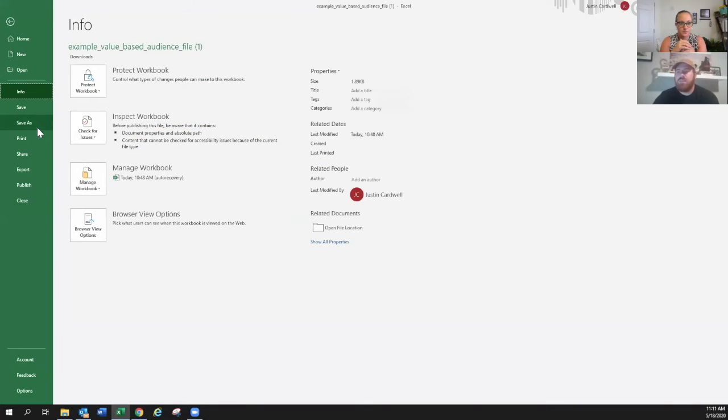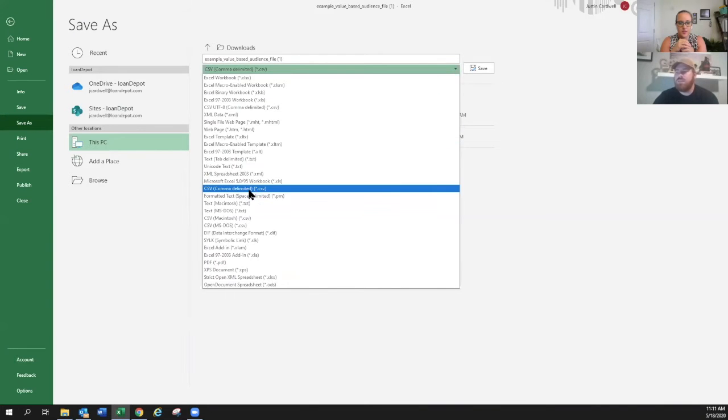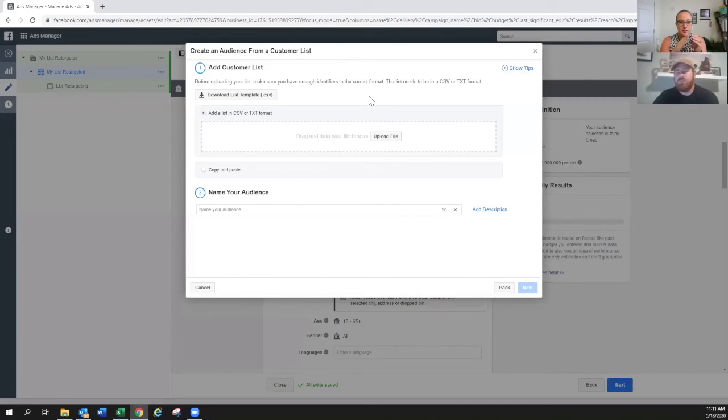So file, save as, and then you're just going to save this as a CSV. Okay. So just click on CSV. Just as a side note, usually when you have any sort of CRM or anything like that, when you're downloading that information, it comes in CSV format usually anyway. Yeah. So the main thing is that if you want to download that list first and then open it as a CSV in Excel, then I would do that and clear out some of the clutter, because there probably will be some things in there that just don't matter, and you don't have to upload that in there. Yeah. Again, Facebook is not going to recognize it.